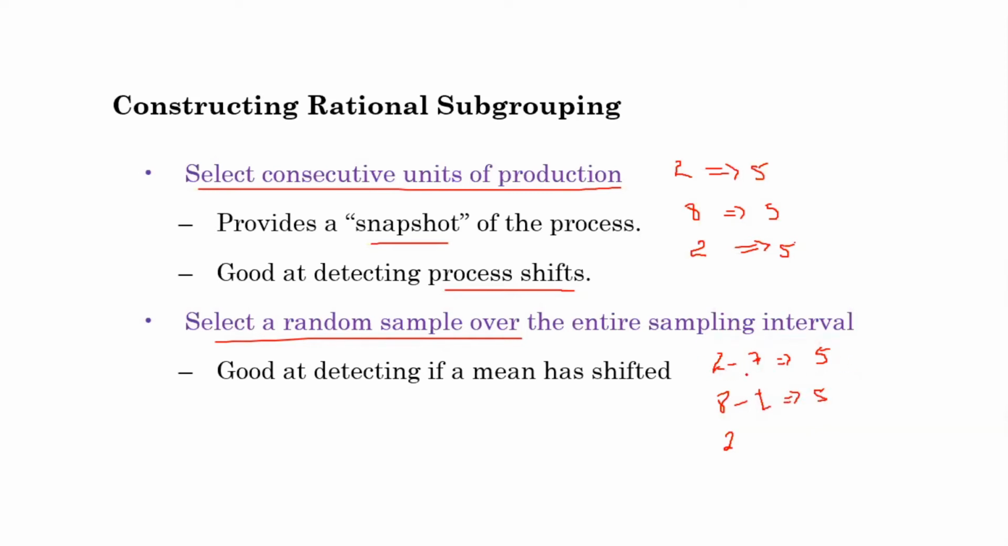So this is you're taking it randomly throughout the sampling interval, but here you'd be collecting it at certain points and you'd be collecting it consecutively, so